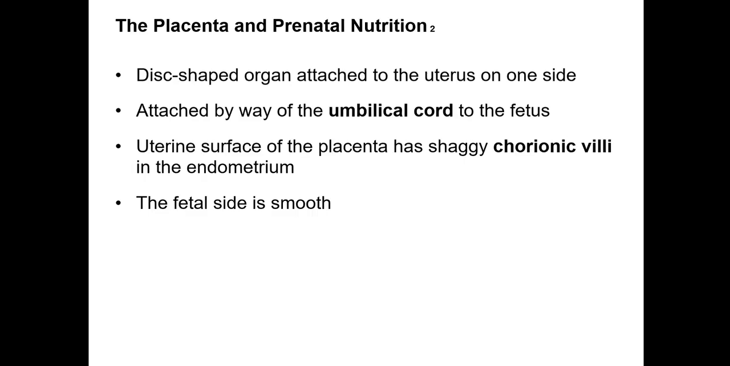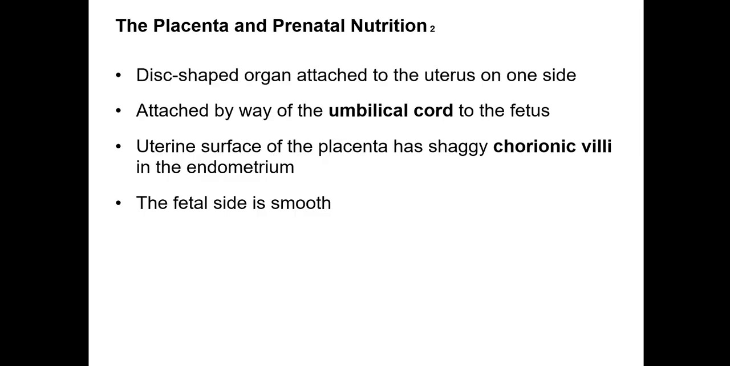So let's talk a little bit about the placenta. We know that this is a disc-shaped organ. It's going to attach to the uterus, typically on one side. Many times it attaches on that posterior body wall, but sometimes you may have what's called an anterior placenta, which can make it a little more difficult for the mother to get good images of the fetus as it's developing,